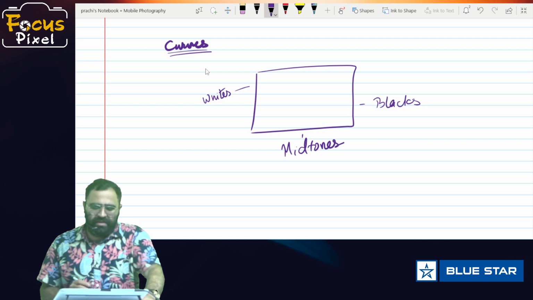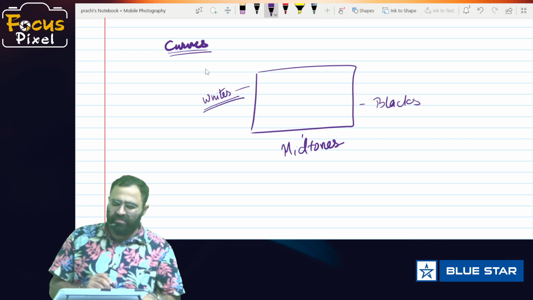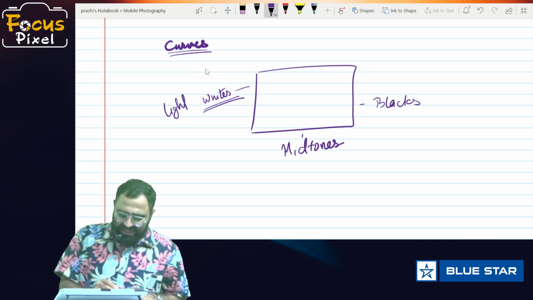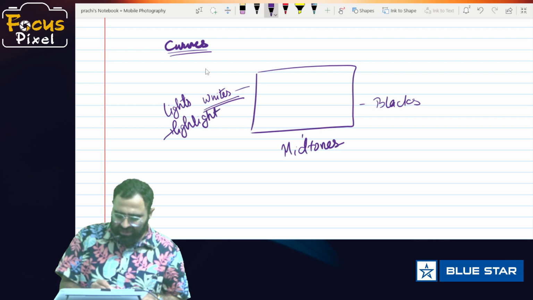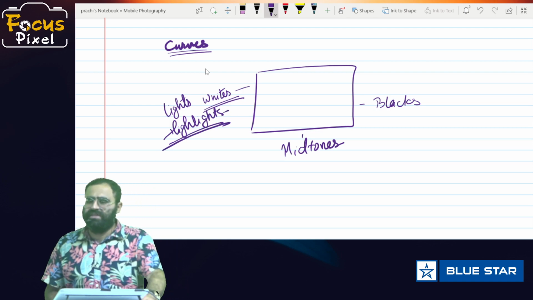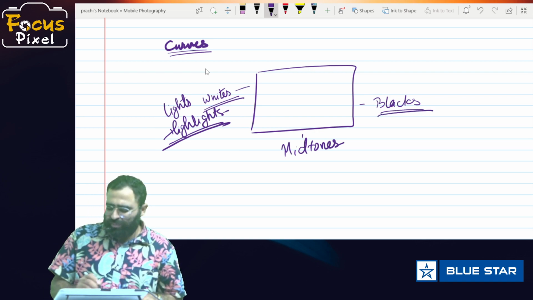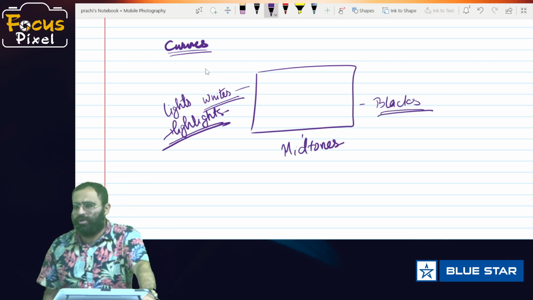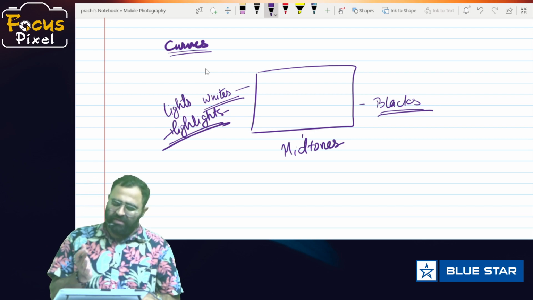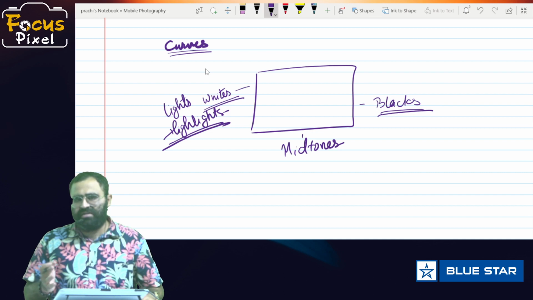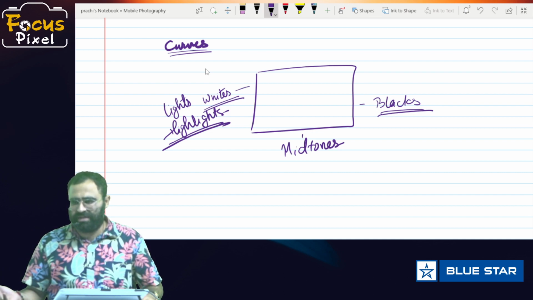When I talk about white, it is referred to as light, which we call highlights in photographic terms. When I talk about black, when you have light in one space, automatically there will be some shadows as well.